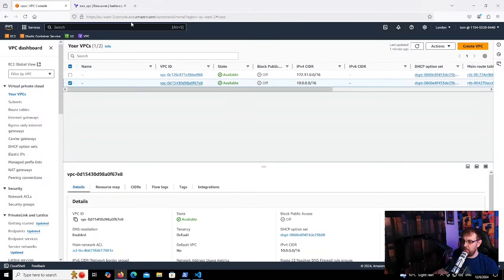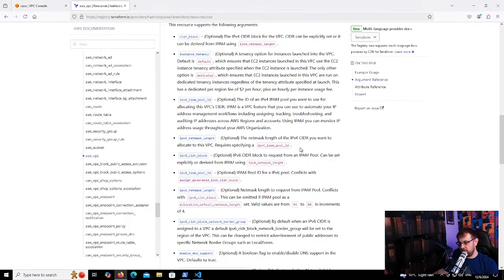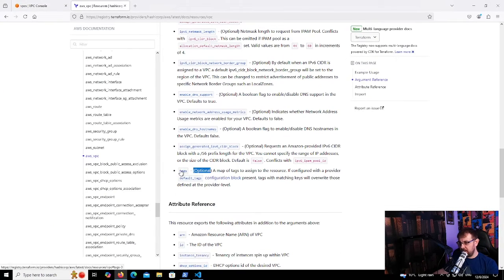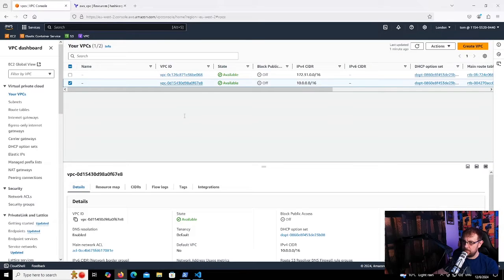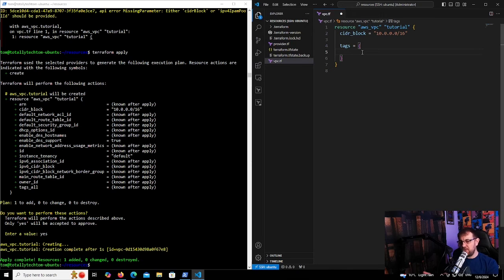Again, let's just have a quick look at the argument reference, and you'll see that tags is an argument that we can specify, which is a map of tags. I've mentioned something called a map, but I'll cover that in more detail in the variables discussion in the next video. So we'll give the tag a name equals tutorial,